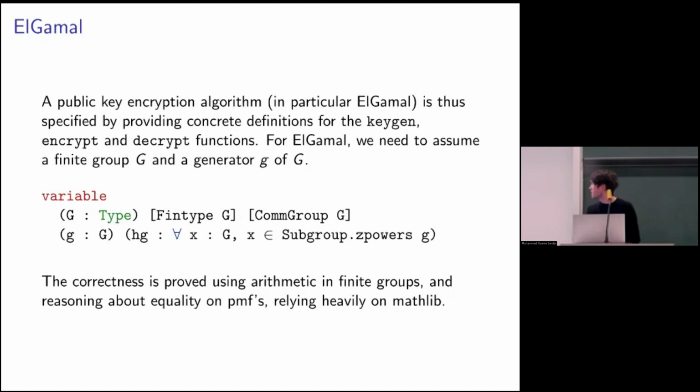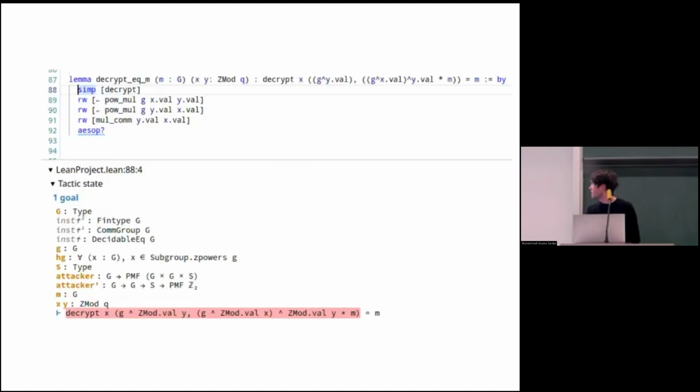We won't go into the security proof because it's more involved, but just to give a very basic example of how proofs look, when you work with Lean you end up with things like this. So this is part of proving the correctness of the protocol. This is the statement that you want to prove, and here is essentially the proof.